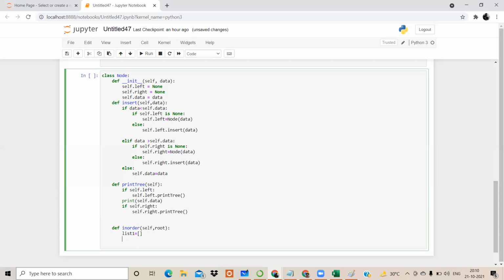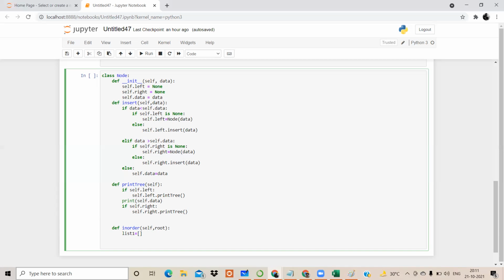Because print tree से क्या हो रहा है? We are getting single elements. So if in the future I want to store them somewhere, या फिर if I want to traverse a certain element, then it will become very difficult because it's a single element at a time, printed at a time. So I want to create a list of that, so that in future if I want to access any element, or if I want to make any kind of search or anything like that, it will be easier for me.